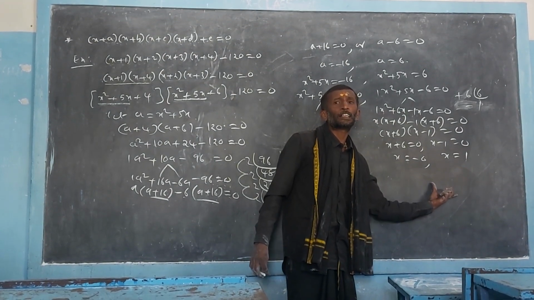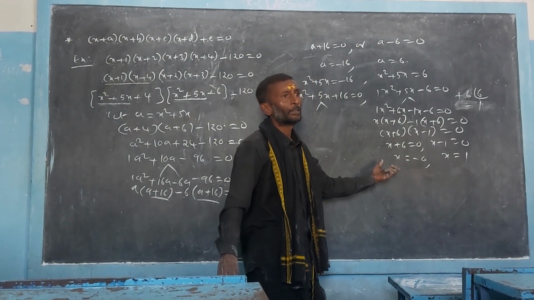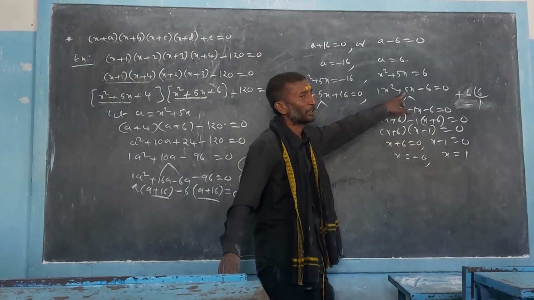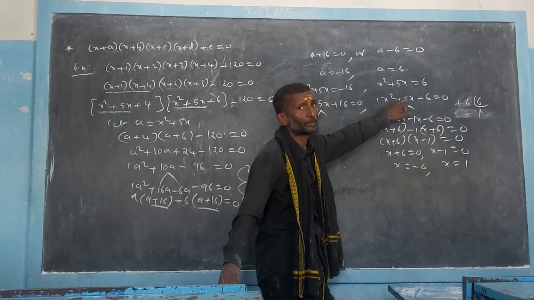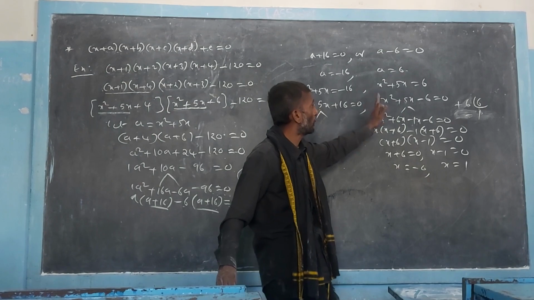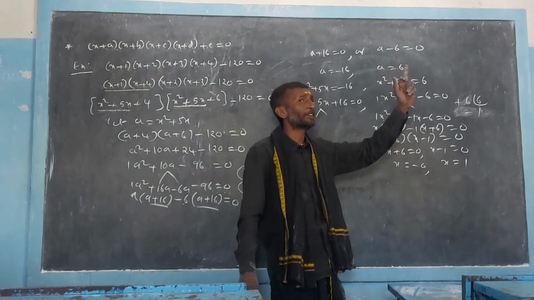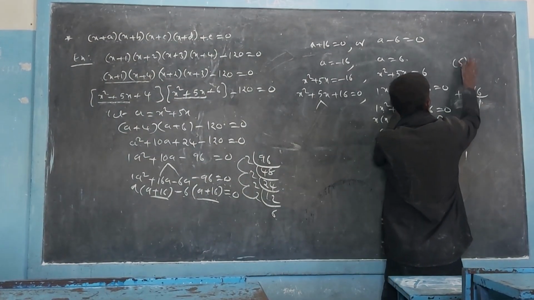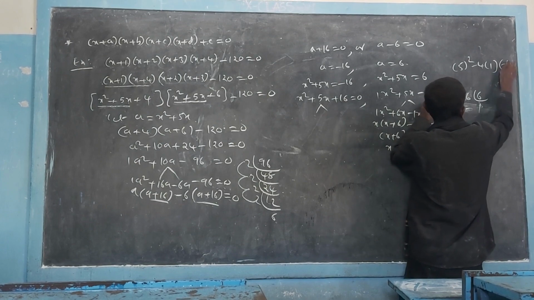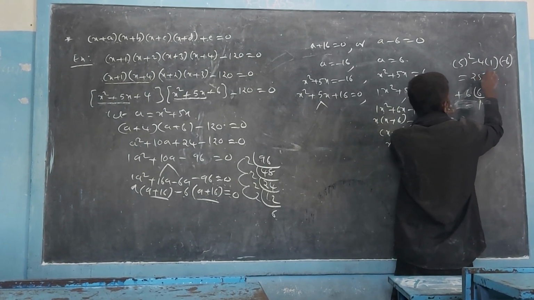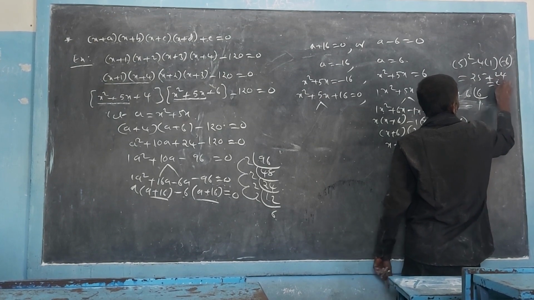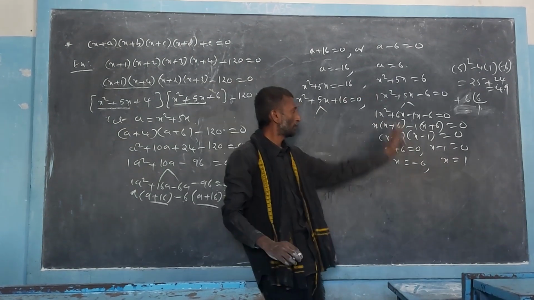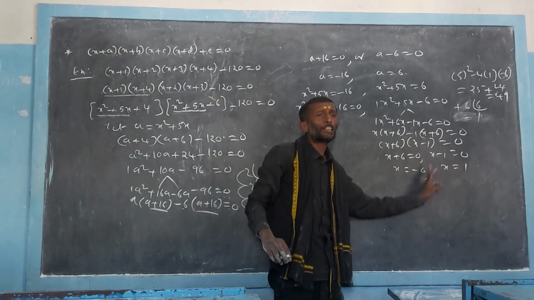Why we are getting that is, you can consider this fact by finding the discriminant of the equation, b square minus 4ac. B square, 5 square is 25, minus 4 into 1 into minus 6. 4 into 1 into minus 6 is minus 24, so minus minus 24 gives plus 24. Total will become 49, which is a positive number. If b square minus 4ac is greater than 0, then there must exist two real roots and they are different from each other.